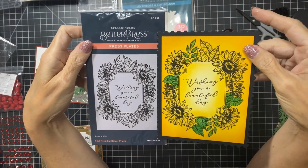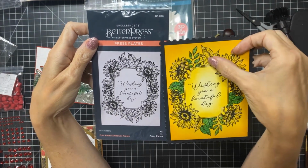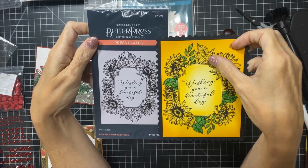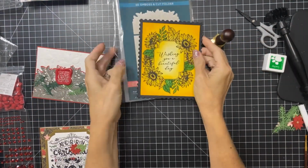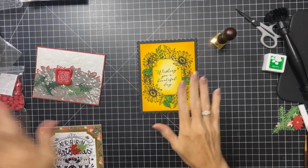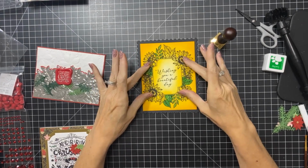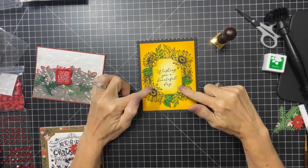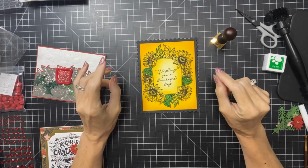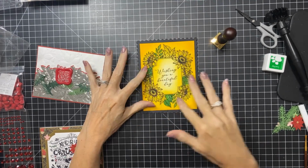Now, this card, we're going to finish coloring. I've started it, and we're going to finish it here. Why don't we go ahead and do that one first, our first sample. With this, before inking through the BetterPress, I took my A2 panel of BetterPress paper and I inked this panel with